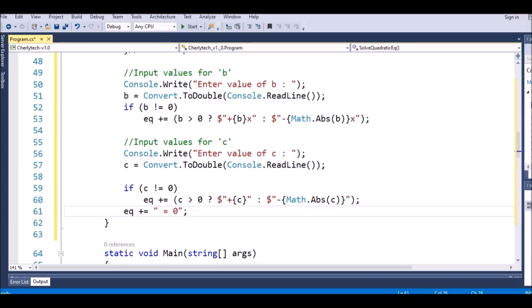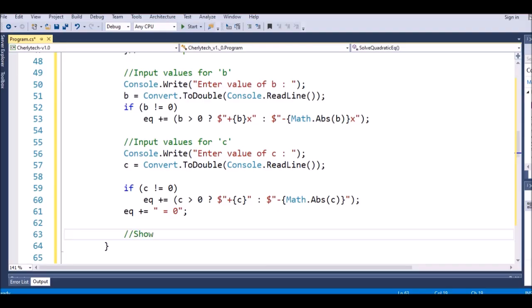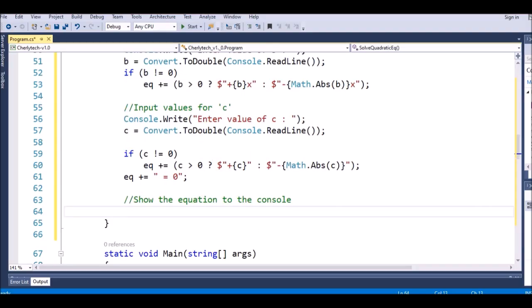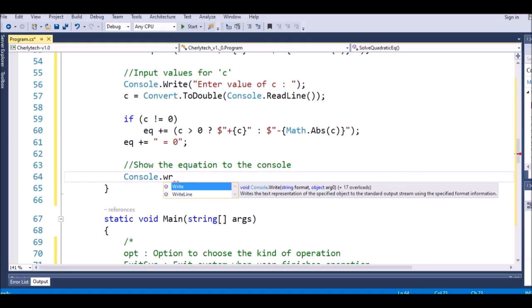So now is the time that we have to show the equation to the console. So next I will say show the equation to the console. So in here, to do that, we'll use the console dot write this one,